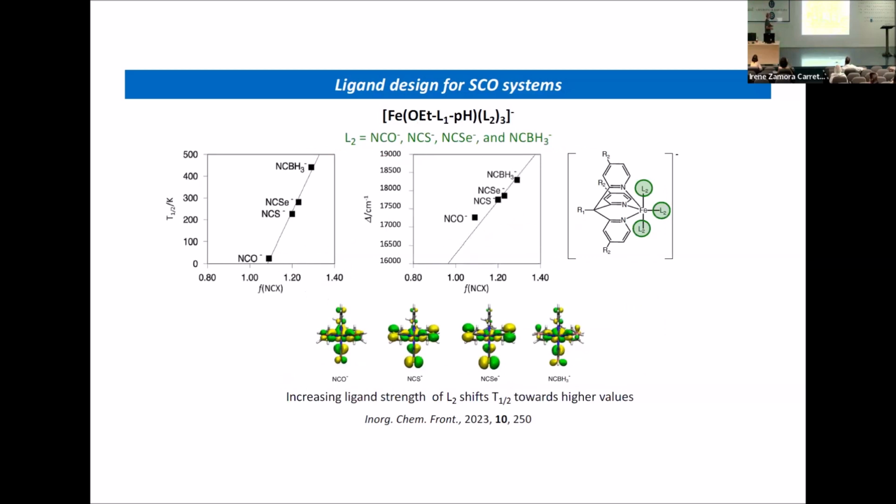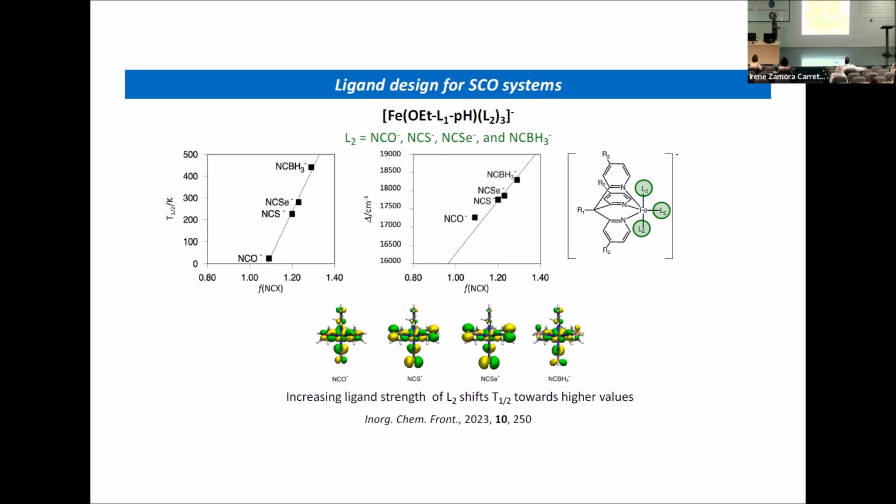Okay, there's a completely different picture if you change the L2 ligands. If you use ligands that are increasing in ligand field: isocyanate, thiocyanate, selenocyanate, and NCBH3, you can raise your transition temperature from 50 kelvins to 400 kelvins. So basically, you can move one order of magnitude from 50 to 500 kelvins just by replacing the ligands around